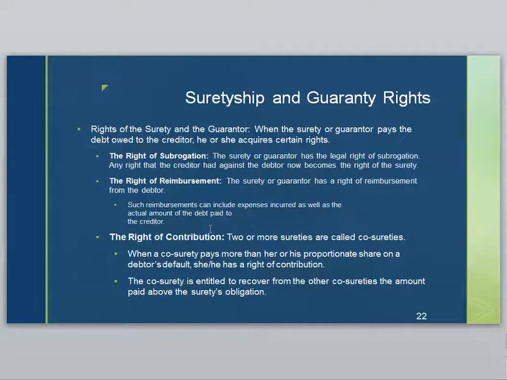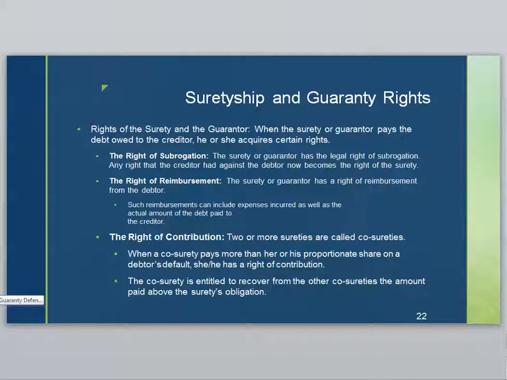Now, there are times when you have multiple sureties, co-sureties. When that happens, there's a right of contribution rule. So if one surety in that arrangement pays more than his or her fair share, they can ask the other sureties to contribute as well. So it's done proportionally to how much is taken on. So these are sort of the key things in the suretyship area: there's two primary terms, the guarantor or the surety. Surety takes primary liability, guarantor takes secondary liability.